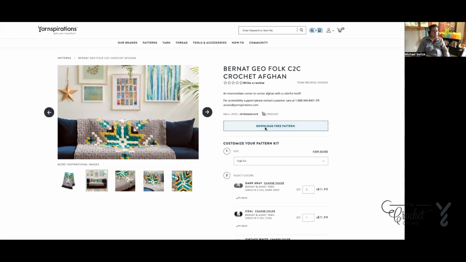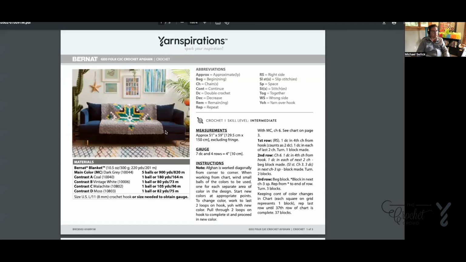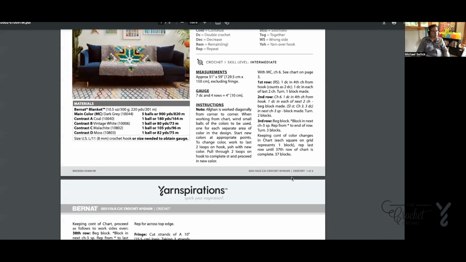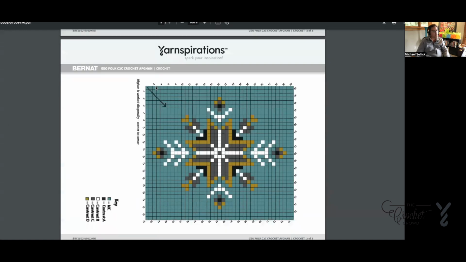So let's take a look at what we're going to get ourselves into. This one's a really neat idea. It's really kind of fun, artsy. It is the C2C format. You're going to scroll on down and you will find the diagram format here. So you'll see the boxes. It will be working in just going back and forth, starting on this corner and working your way